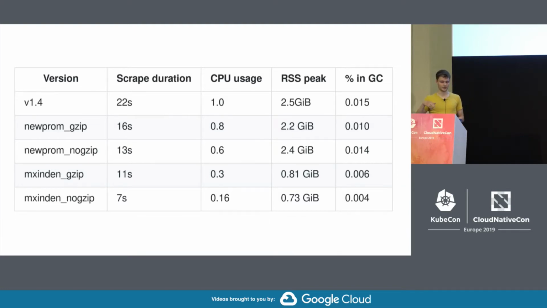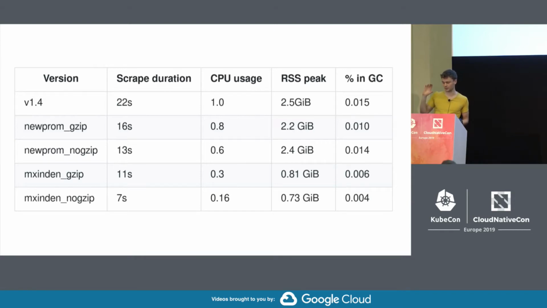Then the next two versions optimize on the metric rendering itself, not on the caching logic. And here you see, for sure, an improvement on scrape durations, but still we generate all the metrics every single time Prometheus scrapes. So it's not a huge improvement. CPU usage got a lot better. That's mostly the use of Strings Builder and defaulting on float conversion. And then also memory we could reduce,